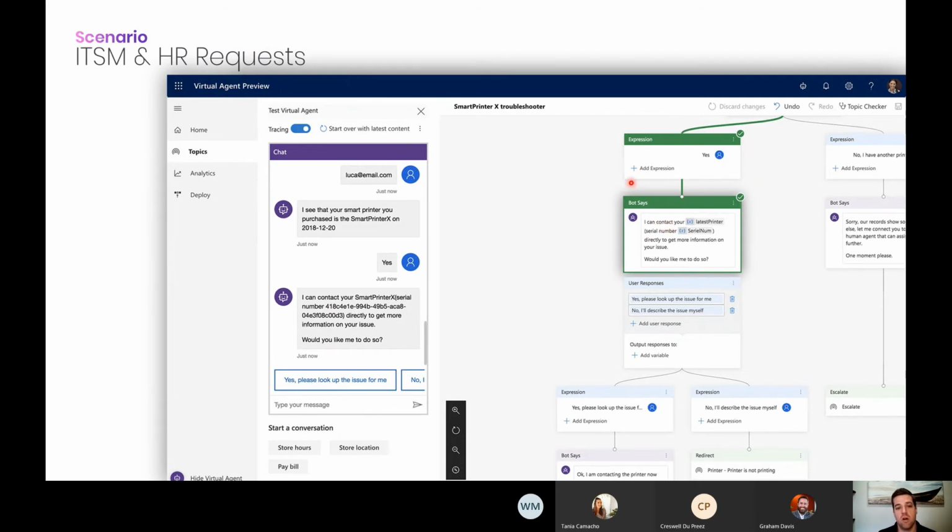But you can go build complex bot interactions, automated interactions, using no code at all through this designer tool, where we say, I can contact this printer directly to get more information. Would you like me to do so? And then give some answers, and then based on the answers, I can follow different branches. It's really pretty straightforward to set up once you've had a little bit of training on it. You don't need to be a developer to understand these things,